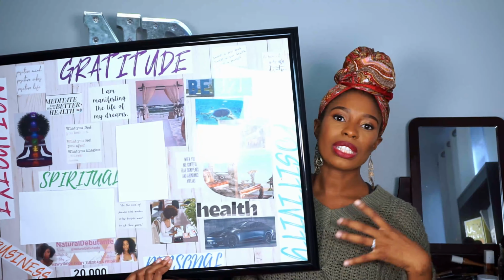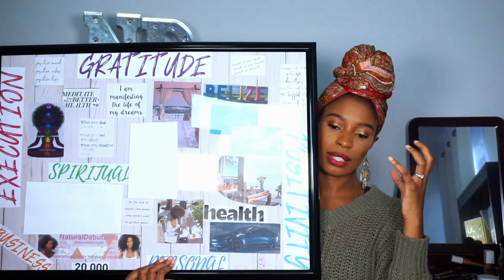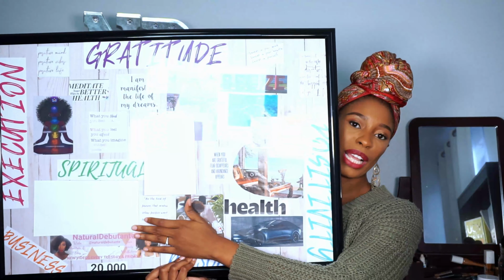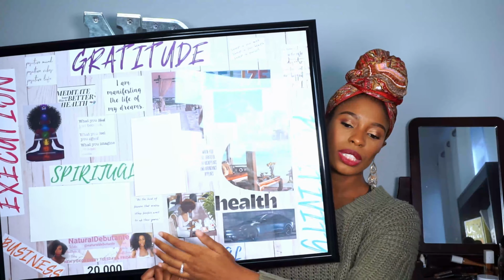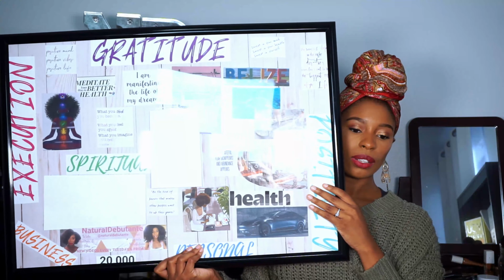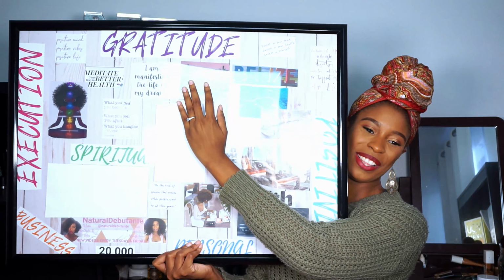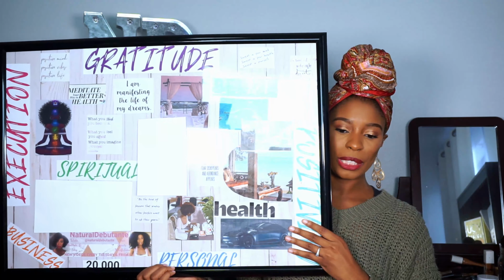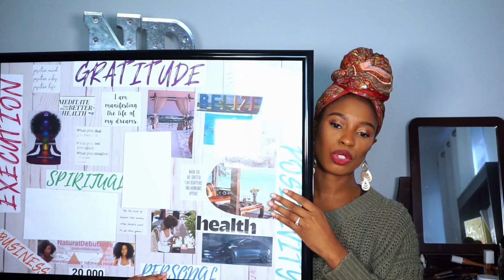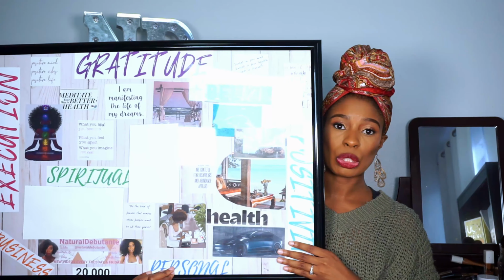So the larger the pictures, I think for me, it's like more of a focus, okay? This part right here where it's a lot larger than the other pictures, this is something that's extremely important to me that I really, really want to accomplish. Then also, this part is pretty much the biggest part, and I put a bunch of different sayings throughout that help me to be more positive, to express gratitude, and to want to execute on all of these